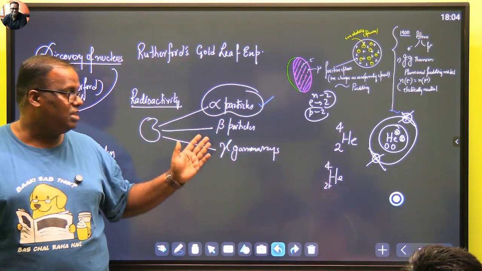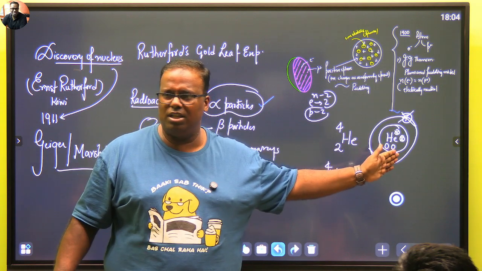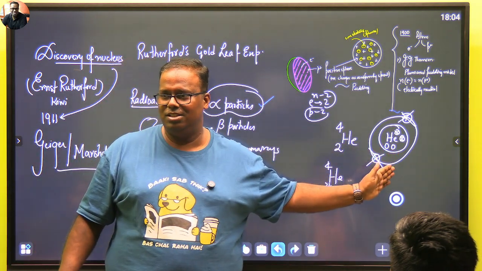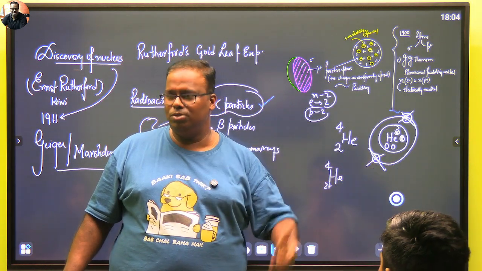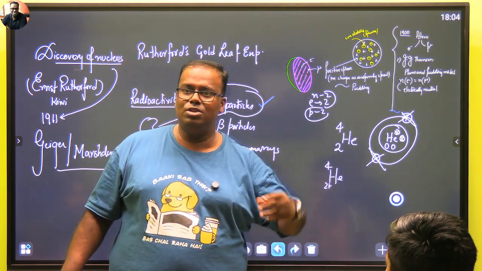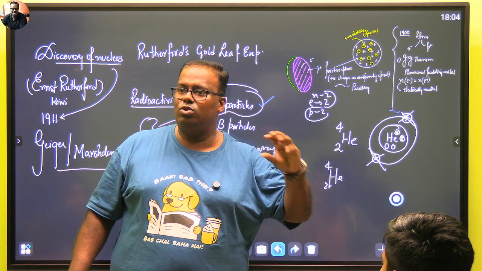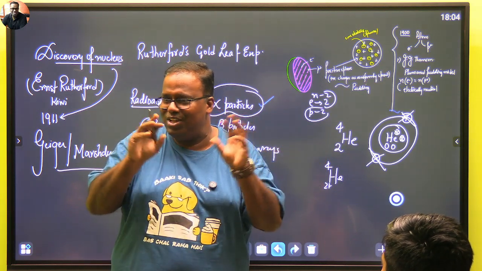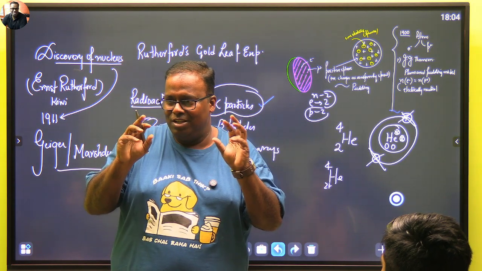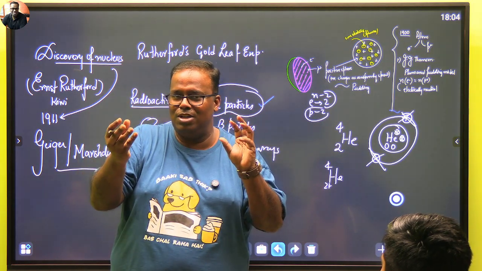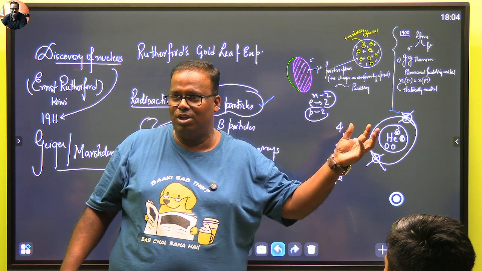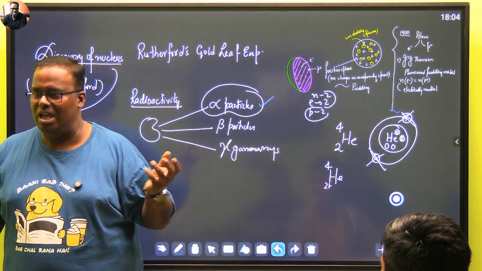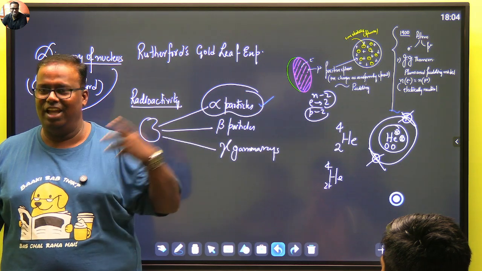Your question is, does helium become alpha particle? No, no, no, no, no. It is a way to understand. What is a gulab jamun? A gulab jamun is a rasgulla whose outer shield has got a reddish brown color. That means gulab jamun and rasgulla are not same. Because you don't understand what is gulab jamun and you have seen rasgulla before, that is the easiest way I can explain you what is the gulab jamun. And taste mitha mitha like a rasgulla.